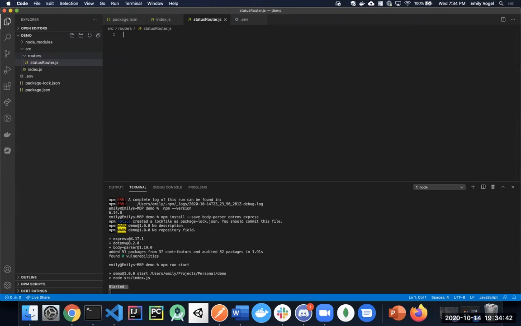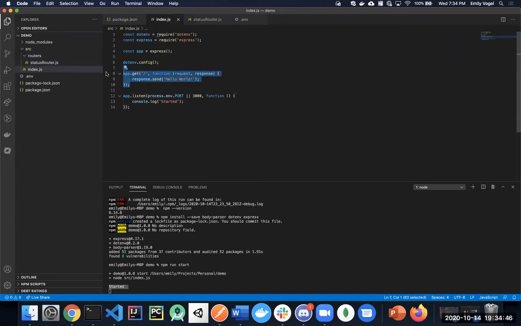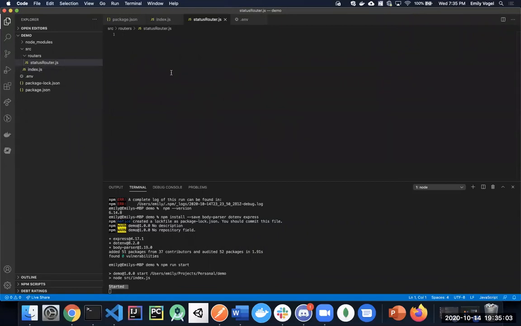Now, what routers do is basically delegate these routes, like this one, into different files. That way you can separate them by different files so you don't have hundreds and hundreds of routes in the same file, just to keep your code clean. So what I'm going to do is demonstrate the various statuses you can send,